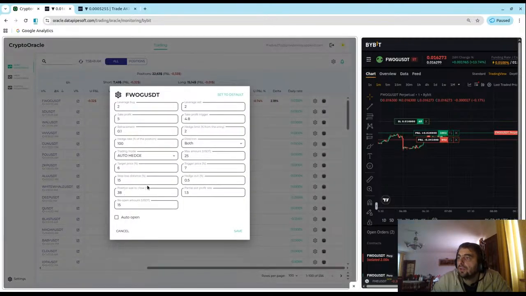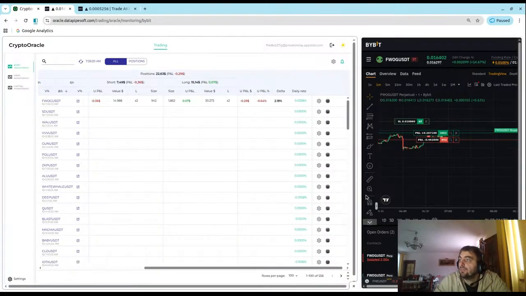It is 1.5. That means for 1 unit of loss, you are getting 1.5 units of profit. And again, I don't calculate it. This is what is done by the application, by the robot.